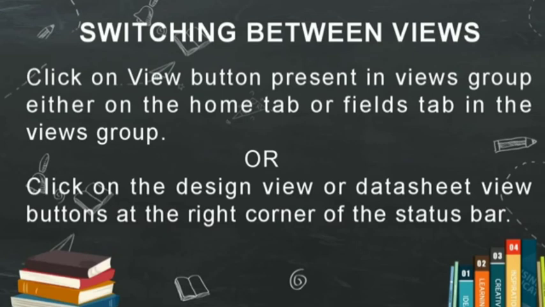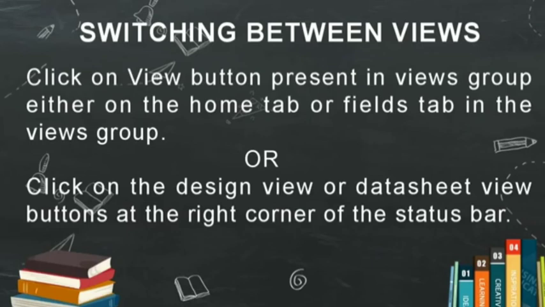status bar. Remember students, in our previous chapter we had discussed the components of MS Access, in which we had discussed the status bar, in the most right corner of the MS Access display window, we have this view button. So from there also we can change the view option of our table.